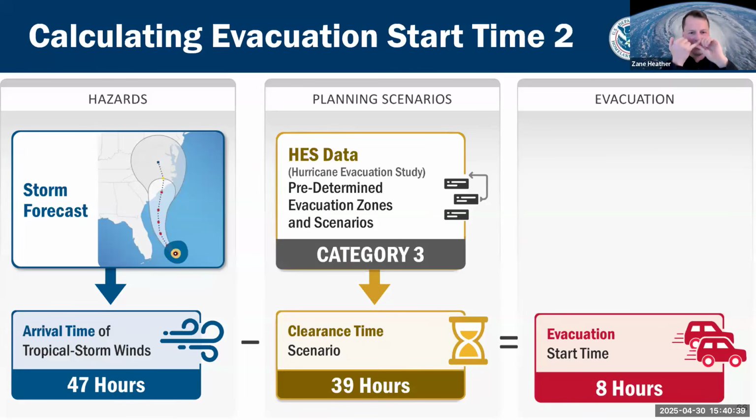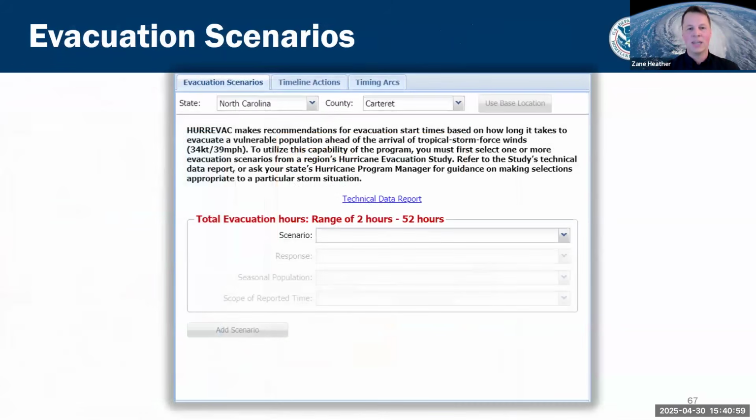Again, this is a specific evacuation determined by the number of zones evacuating, the different demand or participation rates within those evacuation zones, as well as the seasonal population, and it could be a myriad of other variables based on the jurisdiction. We know that we have 8 hours to begin the evacuation. And so we can operationalize that in HURREVAC in the evacuation scenario picker. This is on the bottom left of the toolbox. You bring up your evacuation scenario, and then you can pick the different variables that you would like to move through to develop that evacuation clearance time.